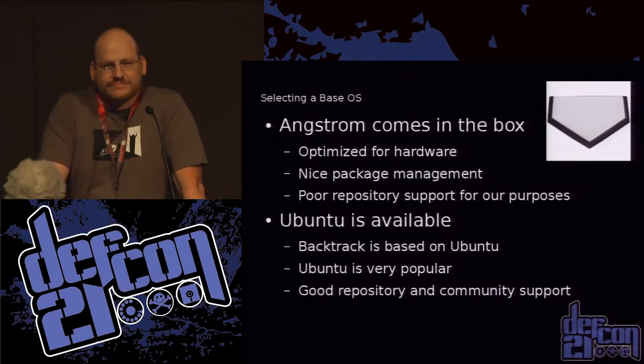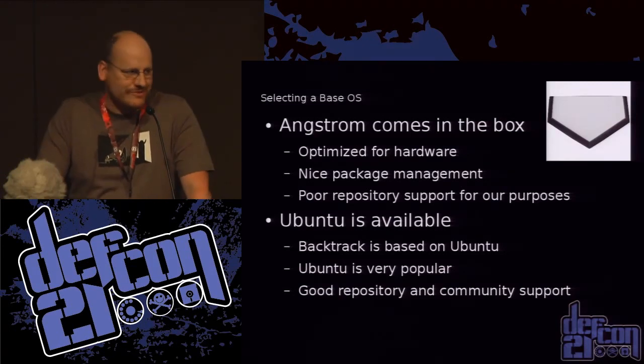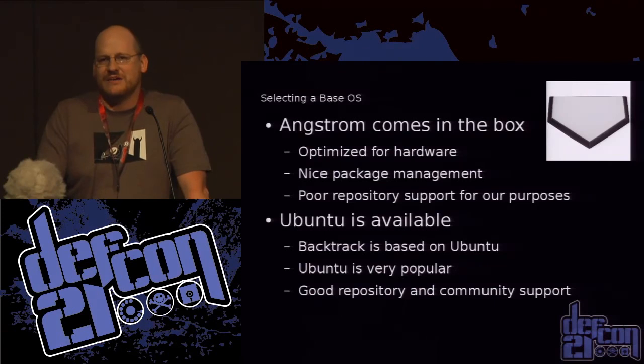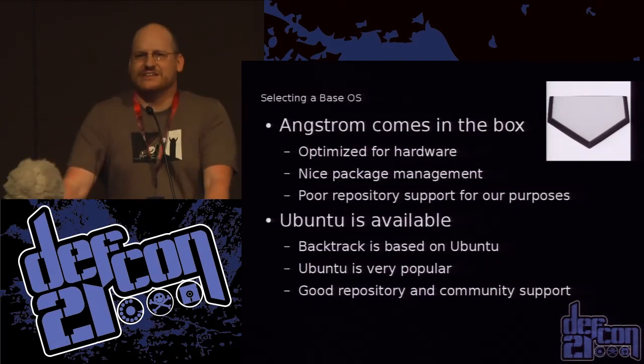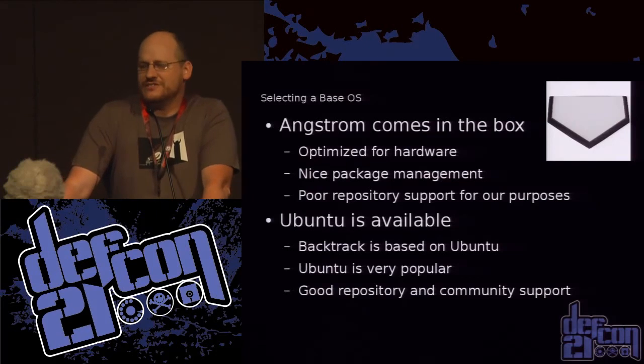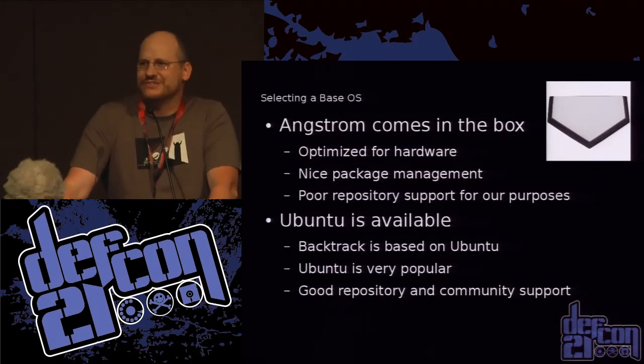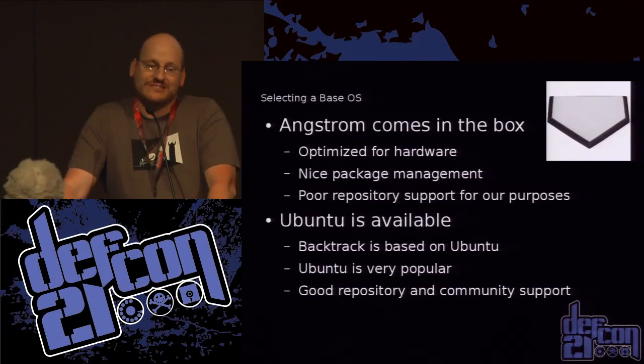So it comes with this thing called Angstrom Linux that most people have never heard of, unless you like to do embedded Linux stuff. It's not a bad distro. It's optimized for the hardware, but for our purposes, it's not the best. You know, the guys that made this initially weren't all pen testers. They didn't say, hey, I want to run these security tools on my little board, because up until recently,